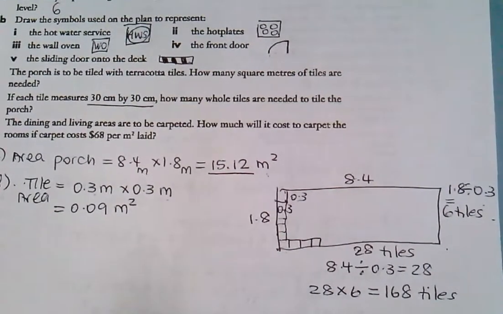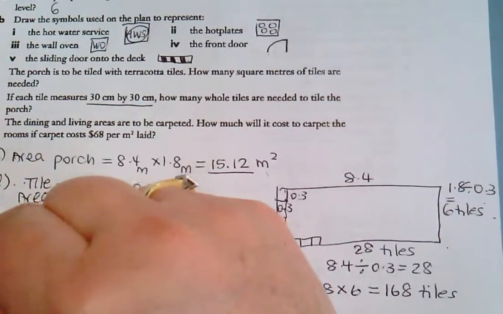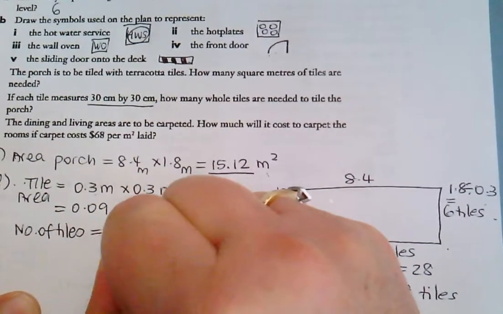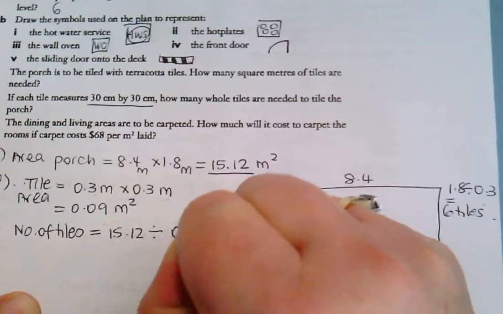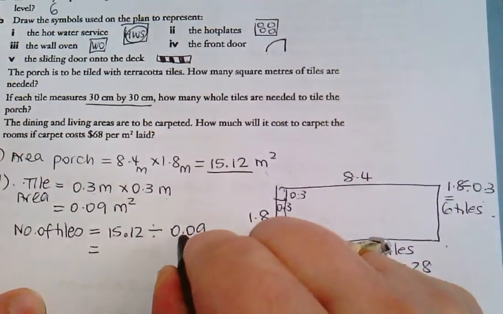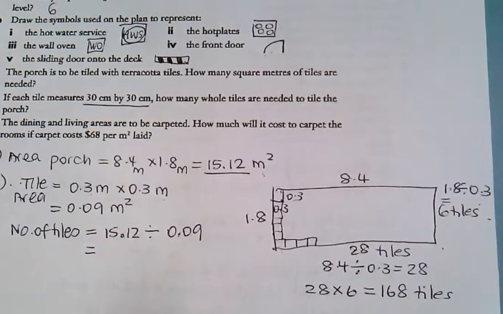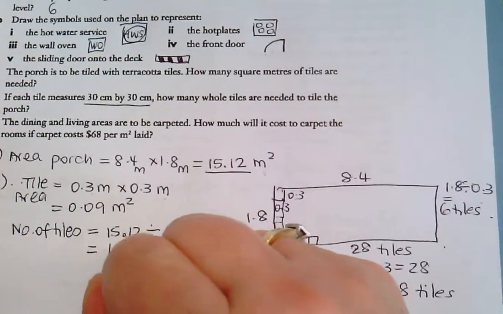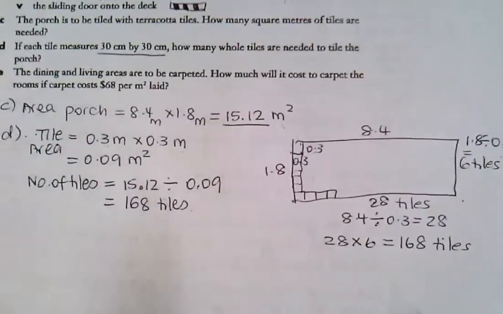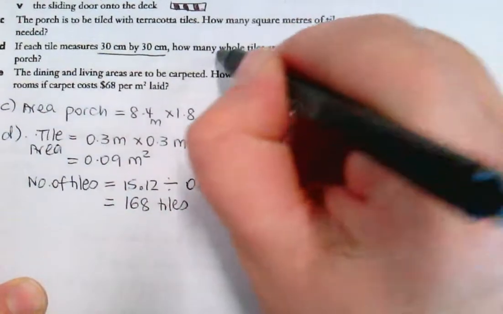How many tiles fit into that area? We divide. So the number of tiles is 15.12 divided by 0.09, and we're hoping we get 168. What do we get? 168 tiles. Now, we could do it like that, but it did say how many whole tiles are needed, which